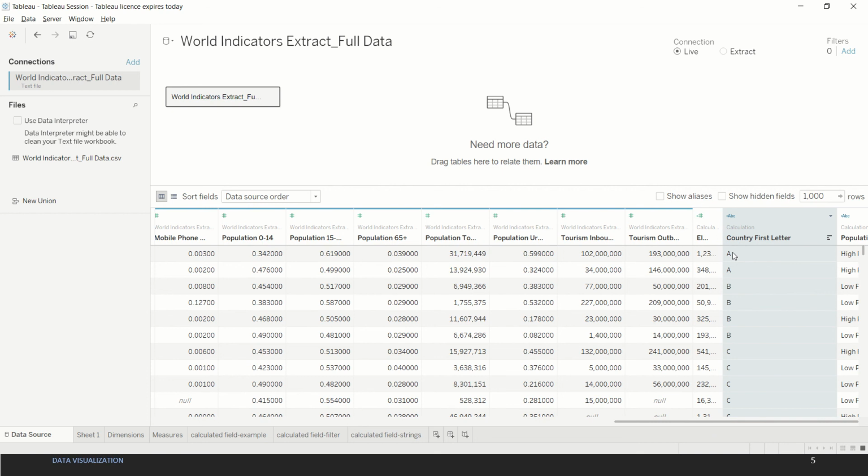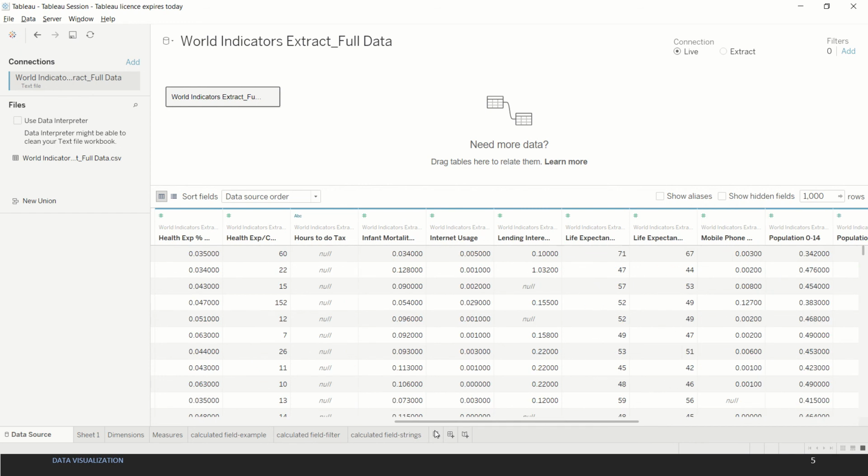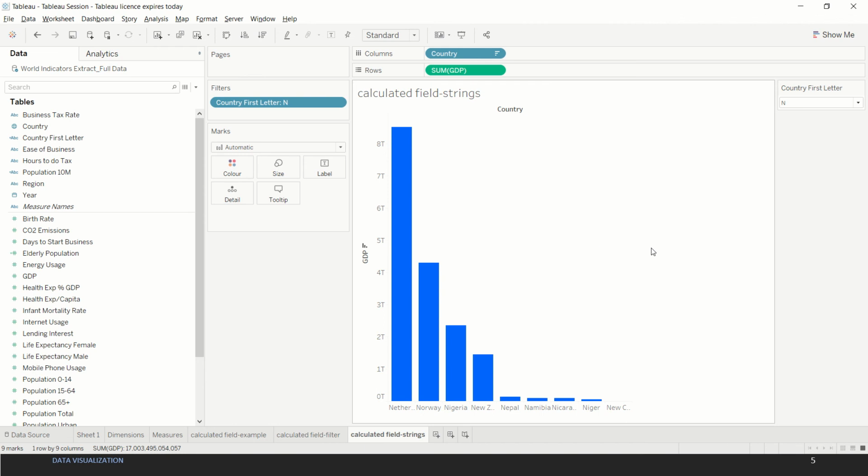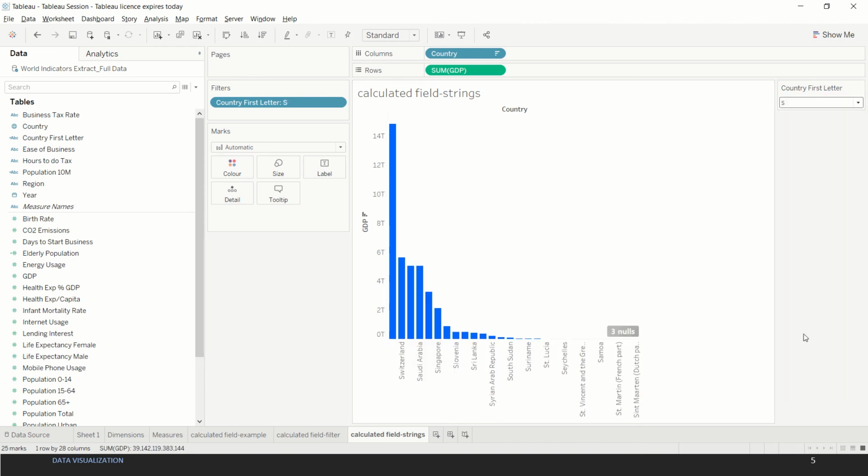You see each country now has the first character under the column country first letter, and you can also see the country name over here. So that's how you can use string manipulation to do different things in your visualization.